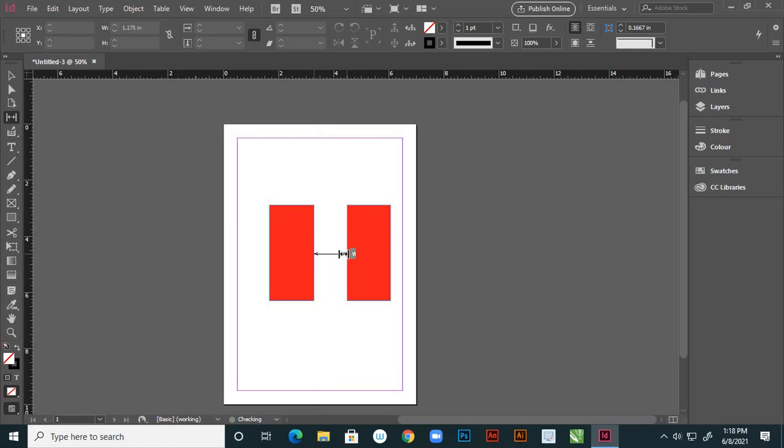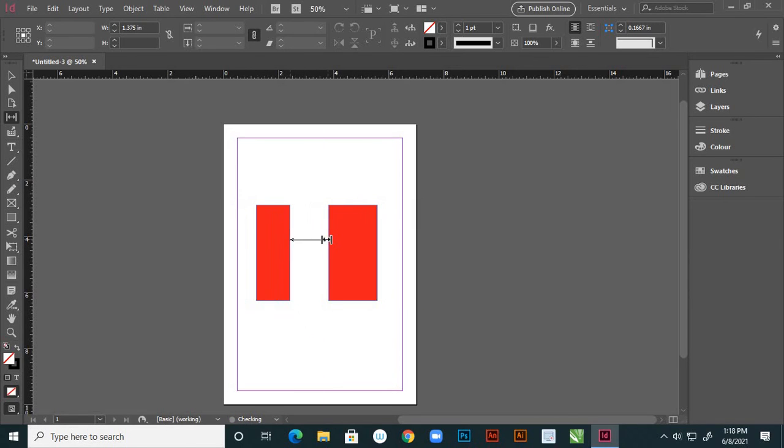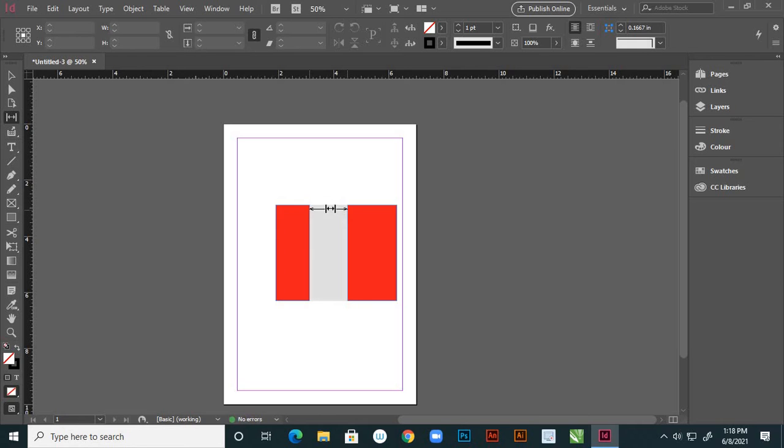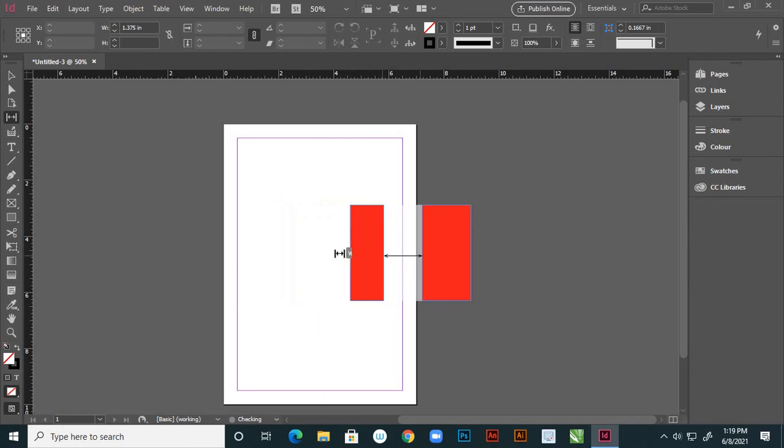But by pressing Control on the keyboard, both sides are decreasing and increasing at a time, right? And here see I'm using Alt on the keyboard, see the gaps, both sides are actually moving, left side and right side. So between objects, between photographs, you can use this tool. It is very useful, right?